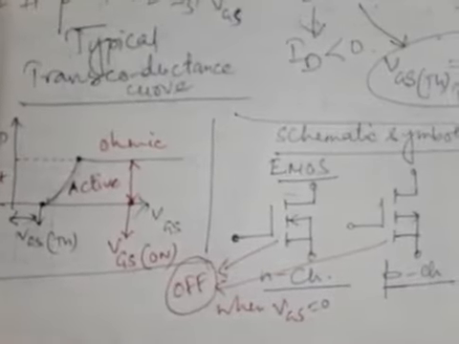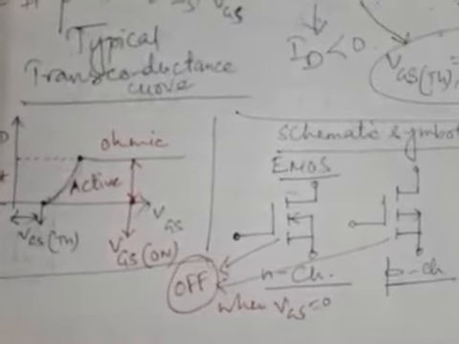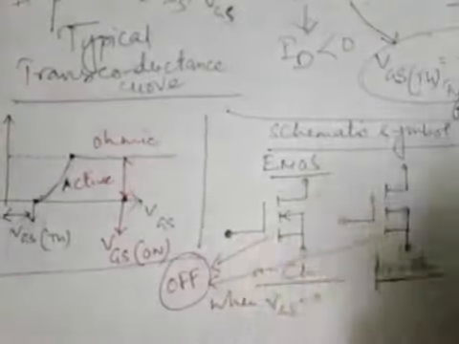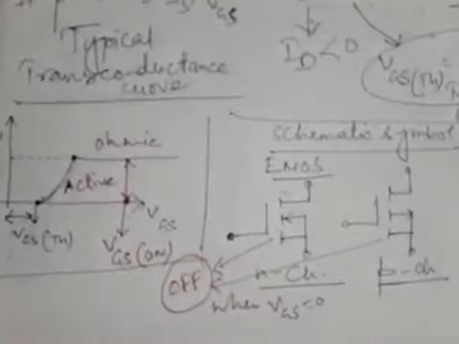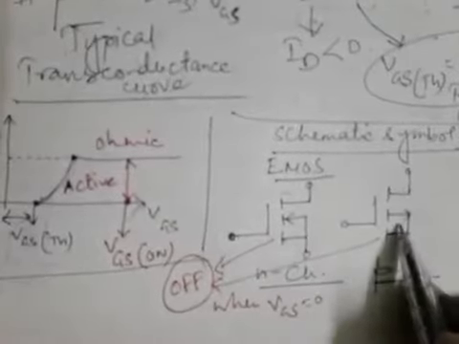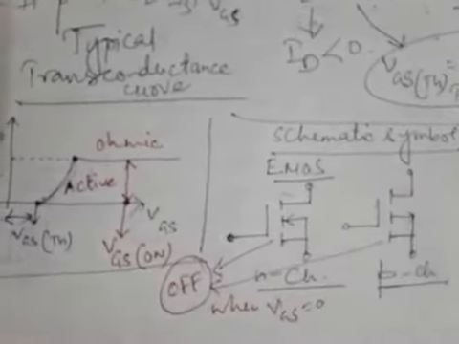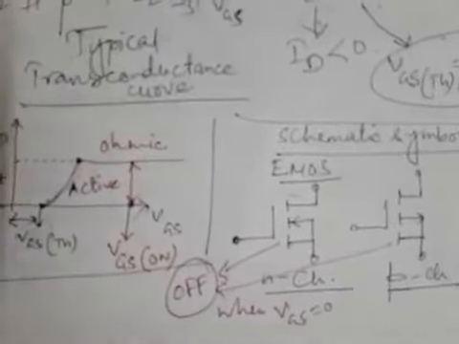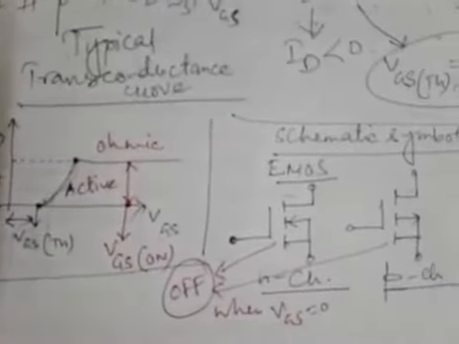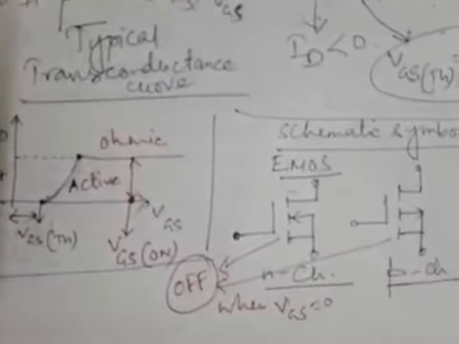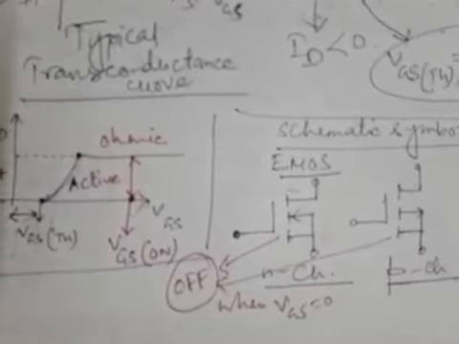Now, we can see that the arrowhead for an N channel MOSFET is directed inward, and the arrowhead for P channel is directed outward. That means this is the direction of the creation of the inversion layer because of the corresponding polarity of gate to source voltage at the gate terminal. So this is the circuit symbol for